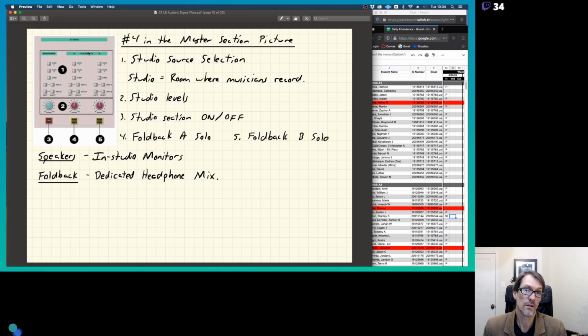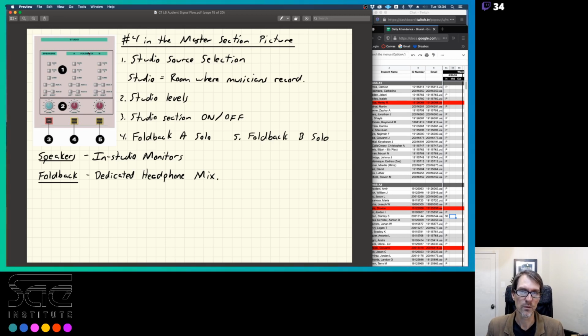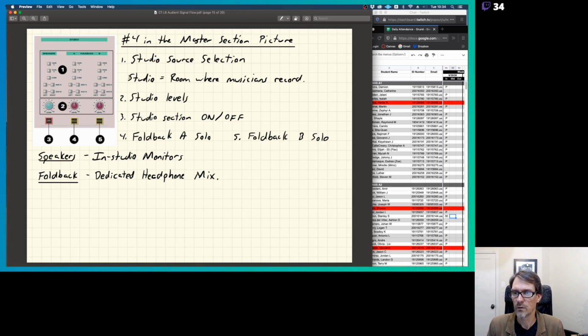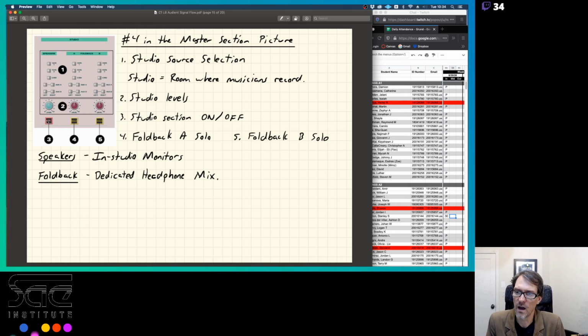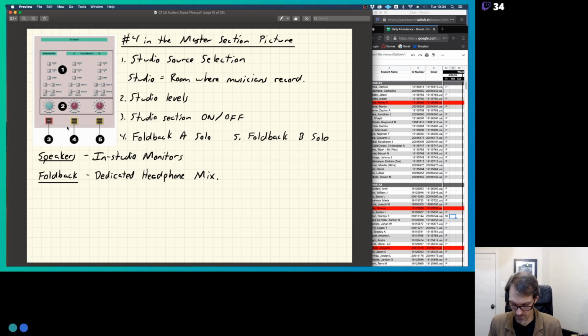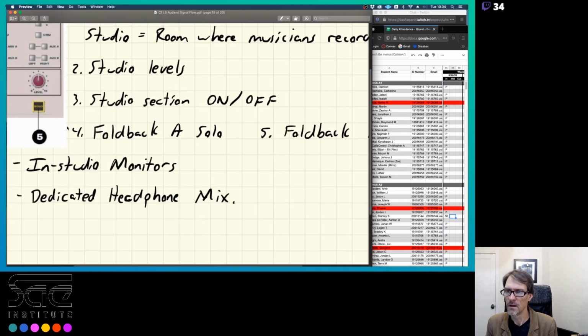As a matter of fact, all you have to do is plug a headphone cable into your board and you've got headphone mix capabilities. So what you want to do here is see what you're going to send to it. Number 1 here is your studio source selection. Studio is the room where the musicians record, and you have your levels here, and then you get your on and off section here, and then you've got your foldback A section here. So you need to make sure the section's on, and you can solo A and B here, but if I zoom in on this,